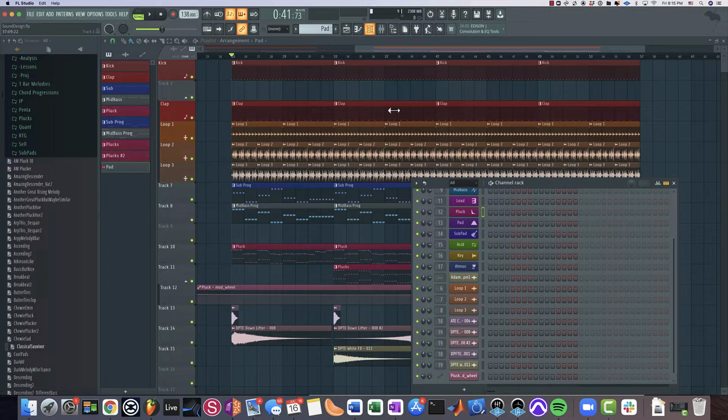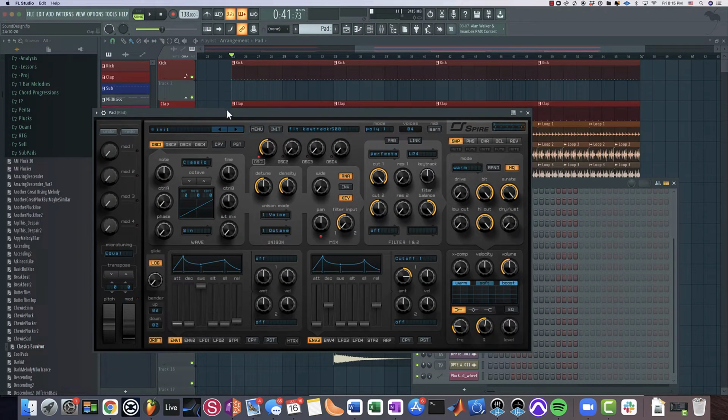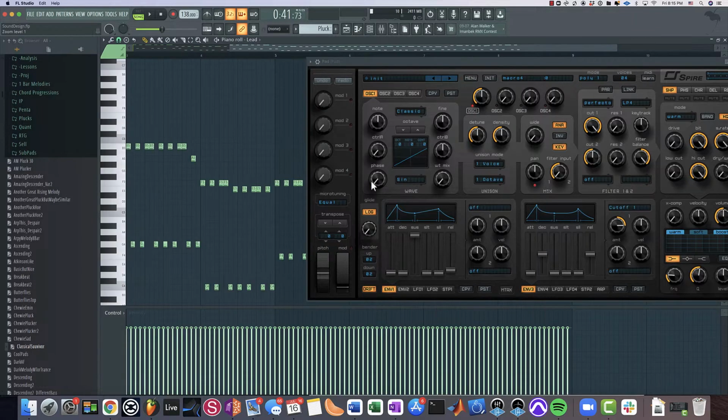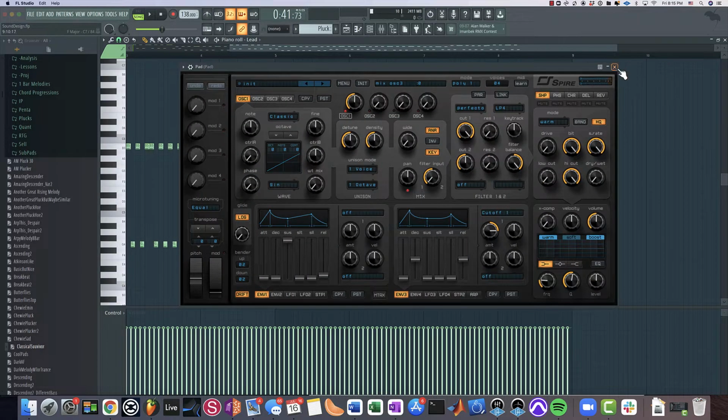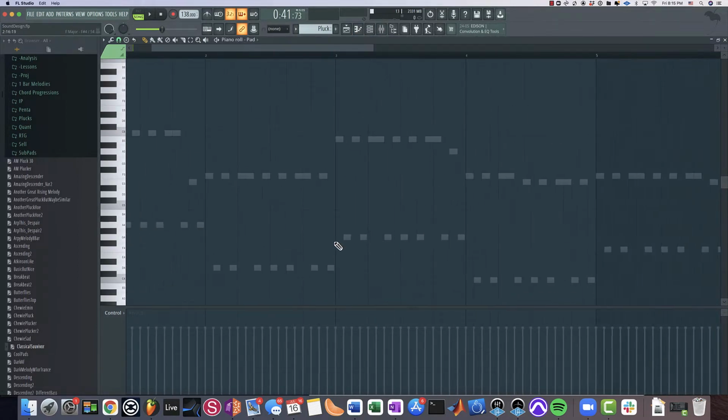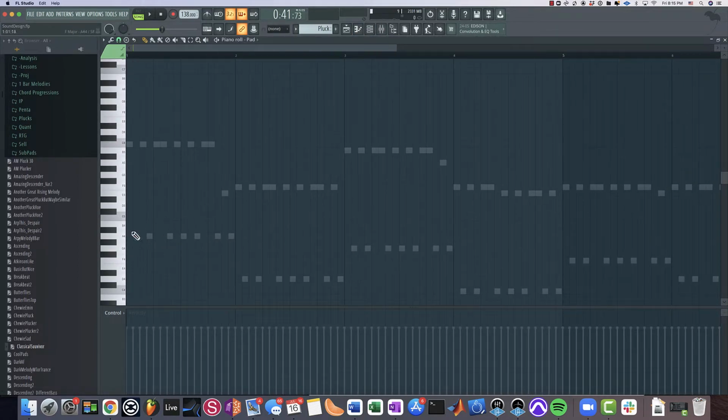So to get started, I'm going to open up Spire, and I've initialized the patch for this pad sound. The first thing I'm going to need to do is make the MIDI for this. And this is going to be really simple. What I'm going to do is just take the root note, which in this case is